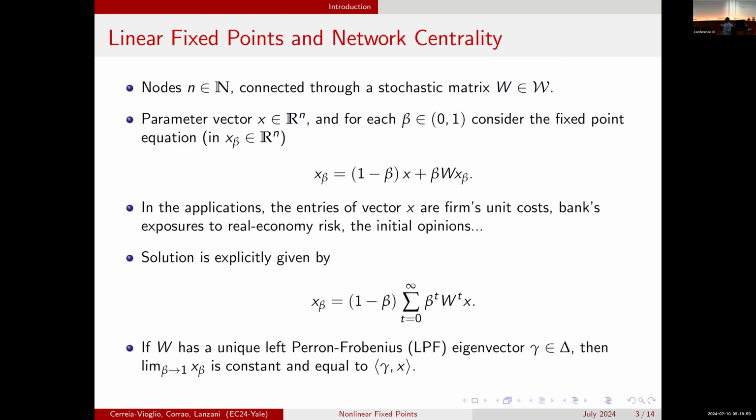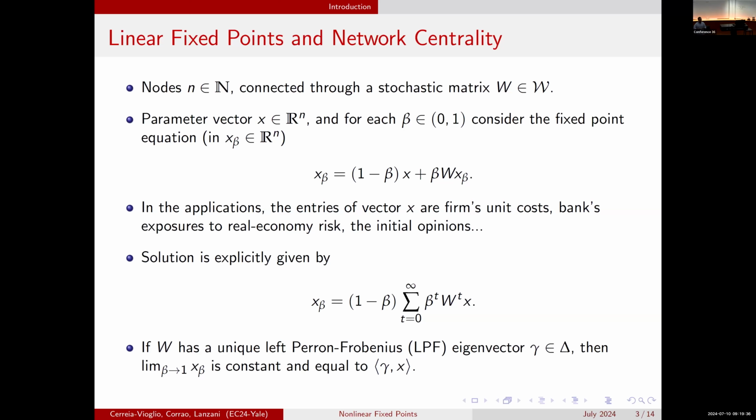But let me refresh your memory by saying, what do we know about the class of fixed points that I'm going to consider in the linear case? These are mathematical results that are probably 100 years old. Consider n nodes, so for example, n agents that are connected through a stochastic matrix. Remember, a stochastic matrix is an n by n matrix whose entries are all positive and whose rows sum to 1. And the fixed point that I want to consider is one in which I combine, with a weight beta, which is the key parameter that I'm going to index the fixed point to,